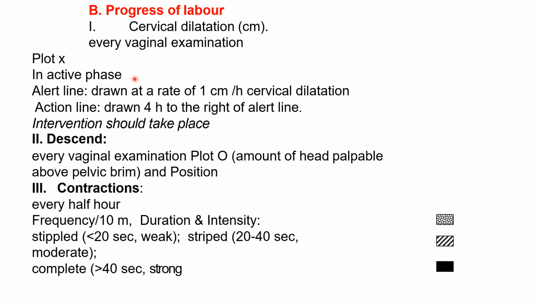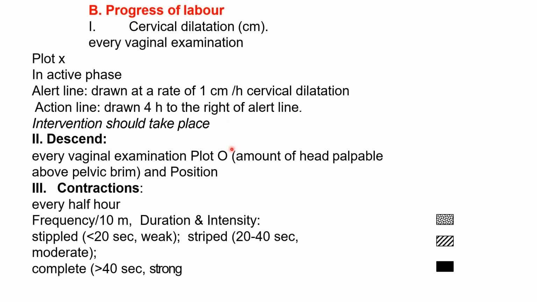Then the alert line and action line are there, as you have already seen. On the alert line you expect 1 centimeter dilatation in 1 hour, and the action line is drawn 4 hours to the right of the alert line. If the cervical dilatation graph falls to the action line,